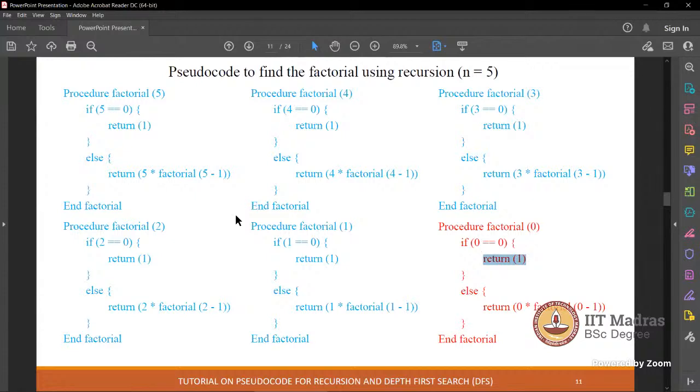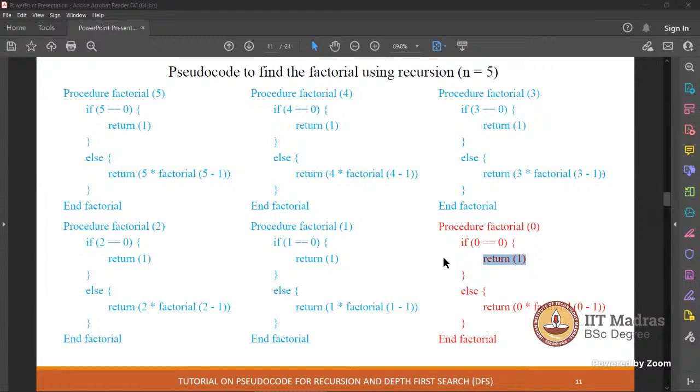Okay, sir. So far, we started from this and we have reached this point. Is there any confusion? No, sir. I have a question. Yeah, Divya? Sir, ultimately we are doing this procedure until we get a 0, right? Yes, correct. Sir, I have a question. Is it usually the case in a recursive procedure that the first if would hold the base condition? Yes, absolutely. It has to be.